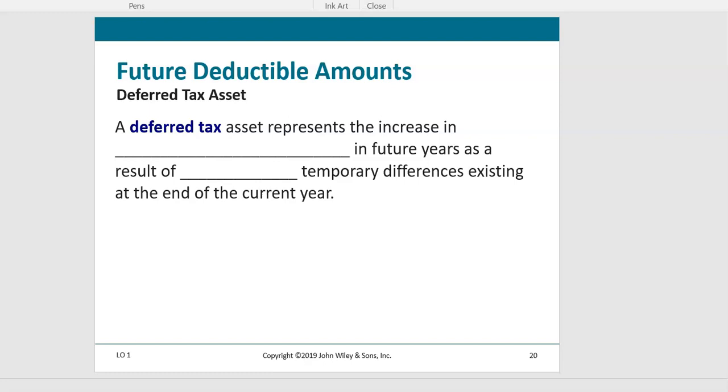We looked at the liabilities, but what about if the opposite had happened in that first year? What if our income tax expense, or pre-tax income on the income statement, had been lower than our taxable income on the IRS form? Then we would have a future deductible amount, which we record on the books as a deferred tax asset. A deferred tax asset represents the increase in taxes refundable or saved